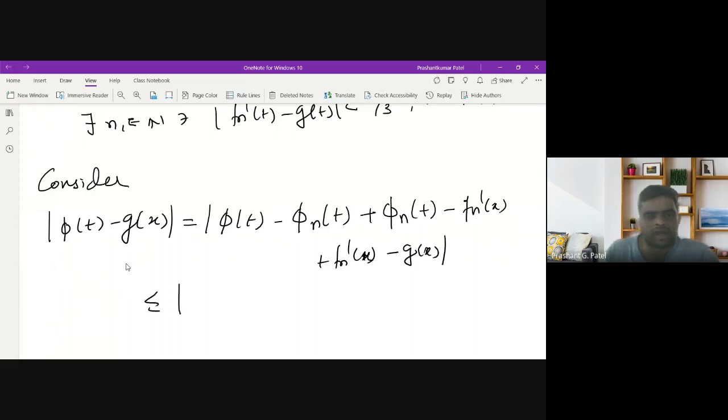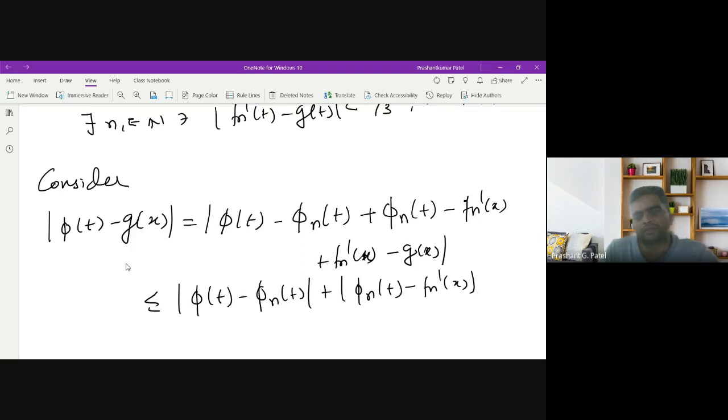So by triangle inequality, we can write this quantity plus modulus of phi n of t minus fn dash of x plus modulus of fn dash of x minus g of x,